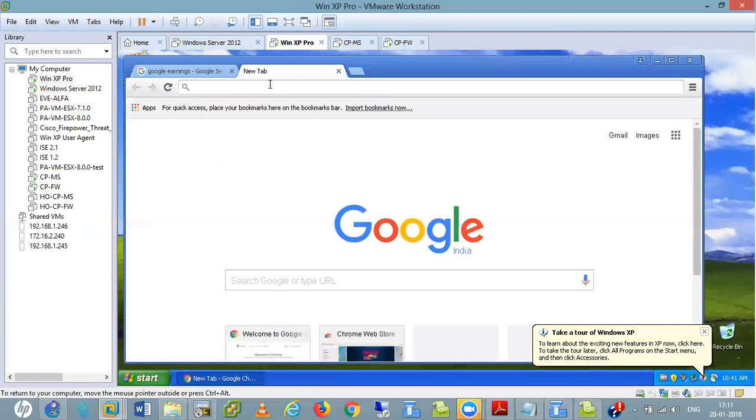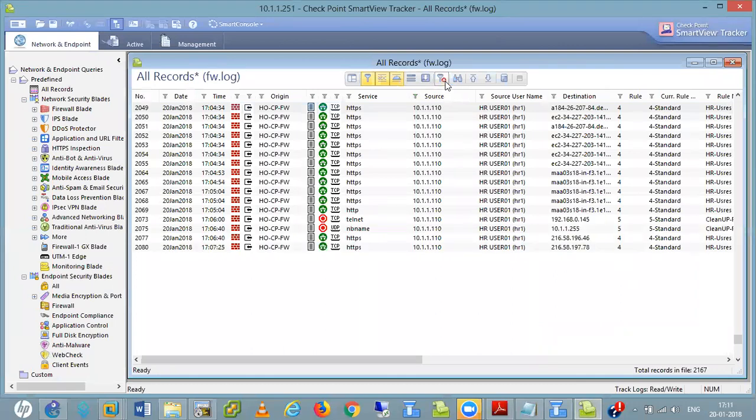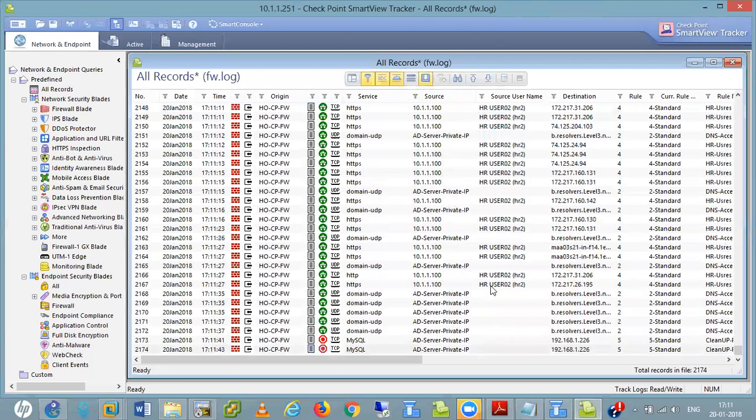And here you can see I am just disabling this and going down here. See, I am now logged in as admin HR2.